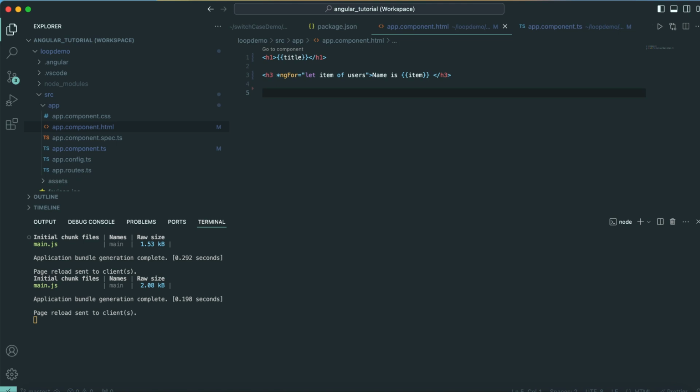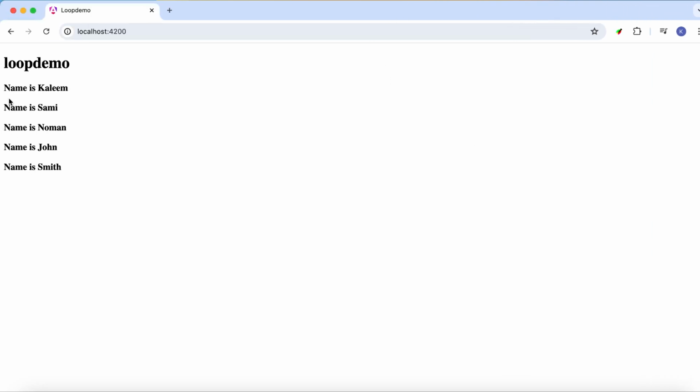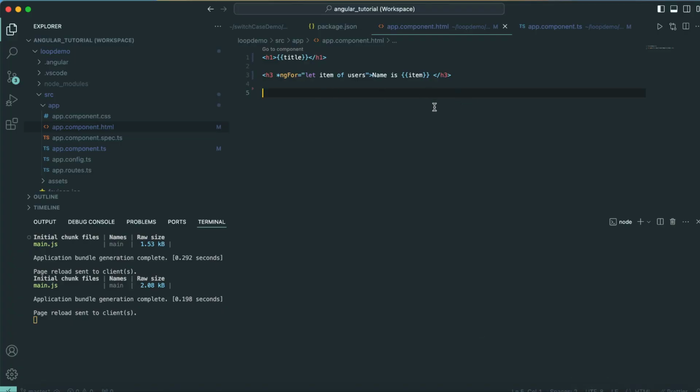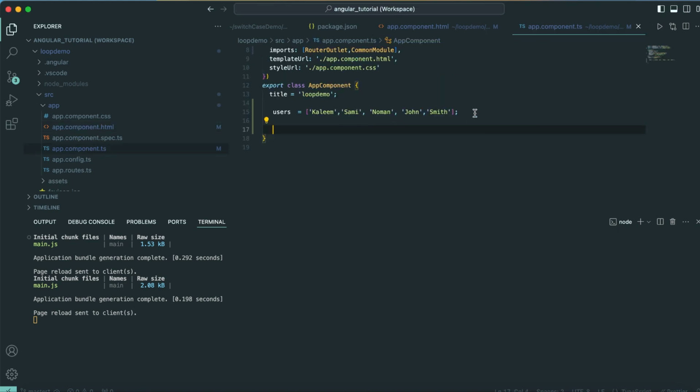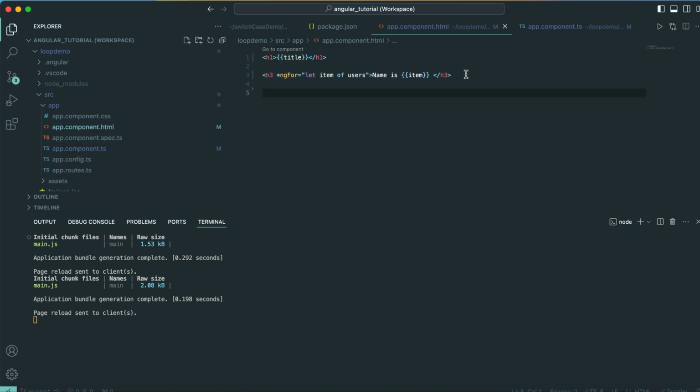So let's move and see whether it is working or not. So localhost, and what is this? We can see here that the names are coming: Kaleem, Sami, Numan, John, Smith. So it means it's working. So you can see here that it's working. Now we will see, as you saw, that we made an array, and then we applied a loop on it. So our two points have been done for this video, and now we will see the array of objects,